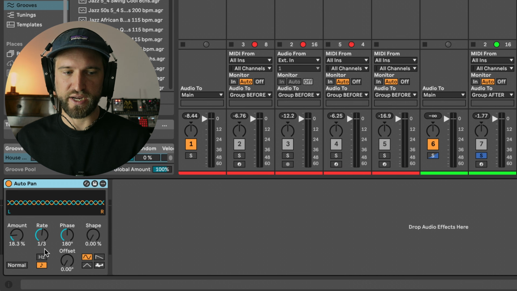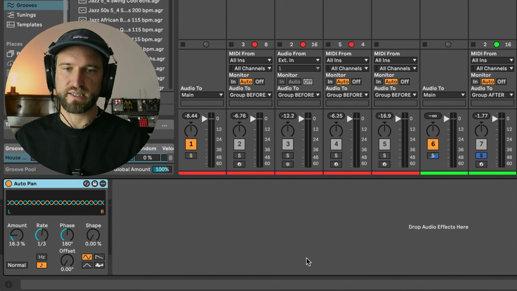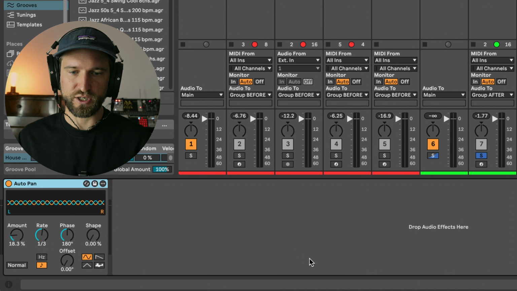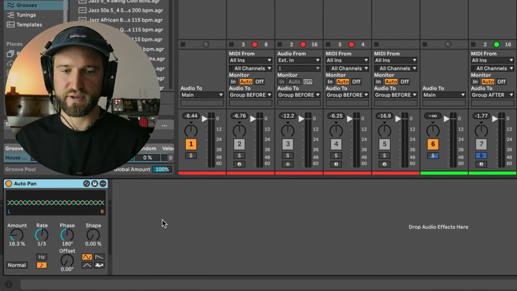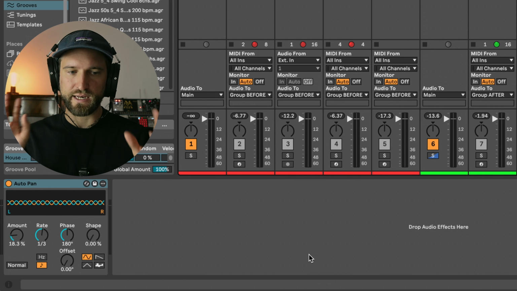As you can see, I set the rate to 1/3 of a bar. So this means it's not statically going on 1, 2, 3, 4, but actually changing a little bit. And I only have a little bit of that in. That slightly opens up the stereo